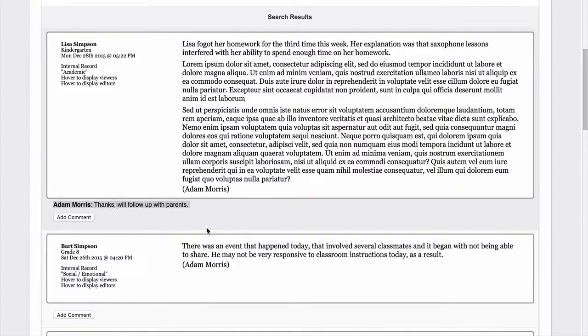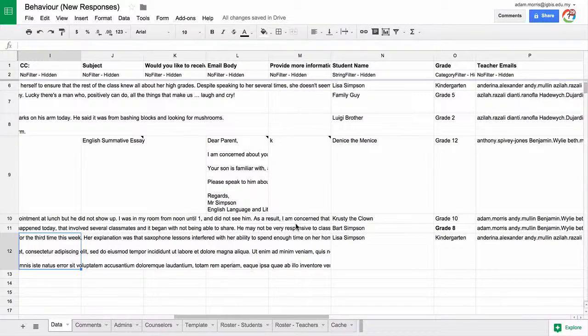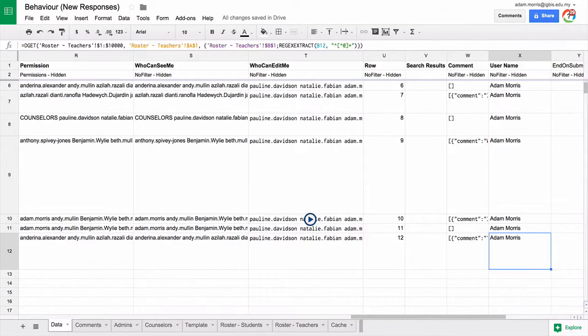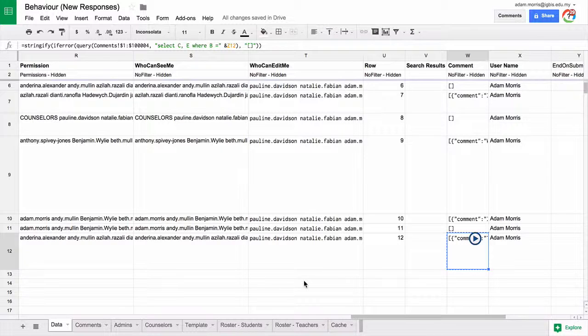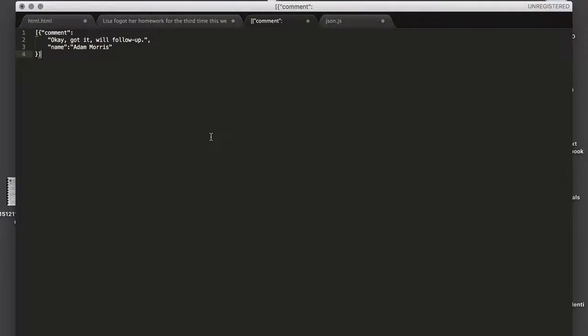Now for the comment though, this is really what's interesting, because here's a comment box for Lisa's entry, and the comment box looks like this. Go back to here. It looks like that. Okay. Now this actually has meaning to a JavaScript programmer. It's an array with an object, and in that object are